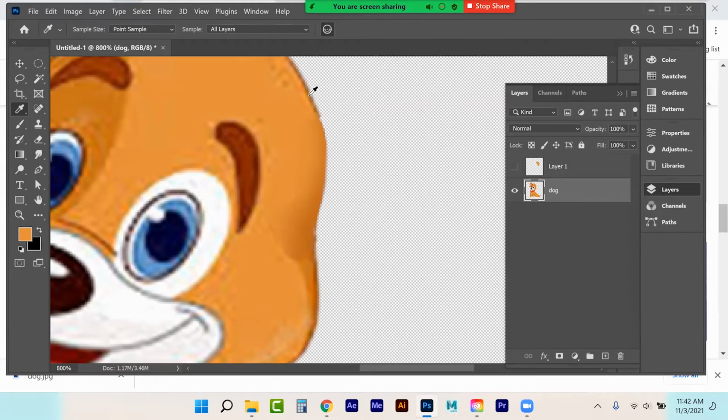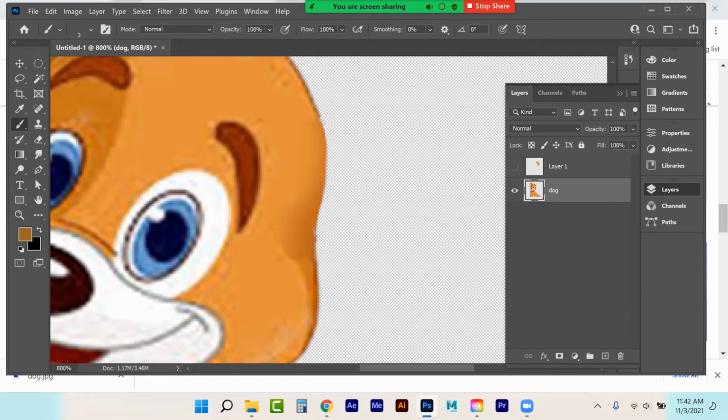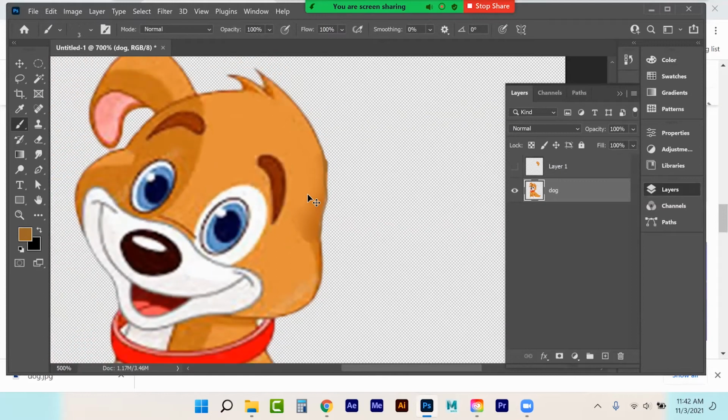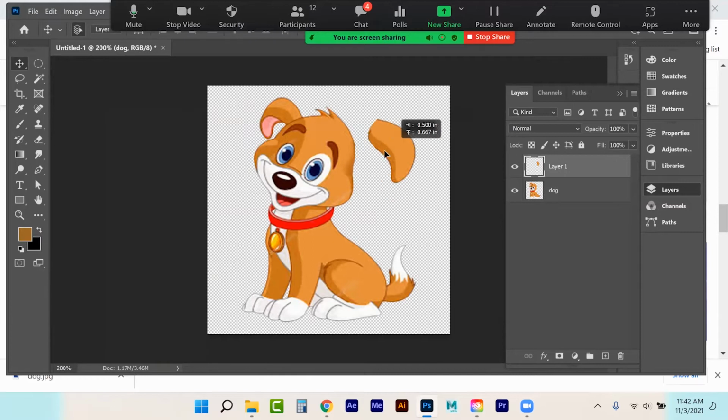Maybe come back and redo this edge. And remember, we're making GIFs, so they don't have to be super high quality. 10 or something. But in a nutshell, see, I healed where I removed that ear. So that will allow me now to put that ear back where it belongs. But yet, you know, if I want to animate or whatever I want to in After Effects or even in